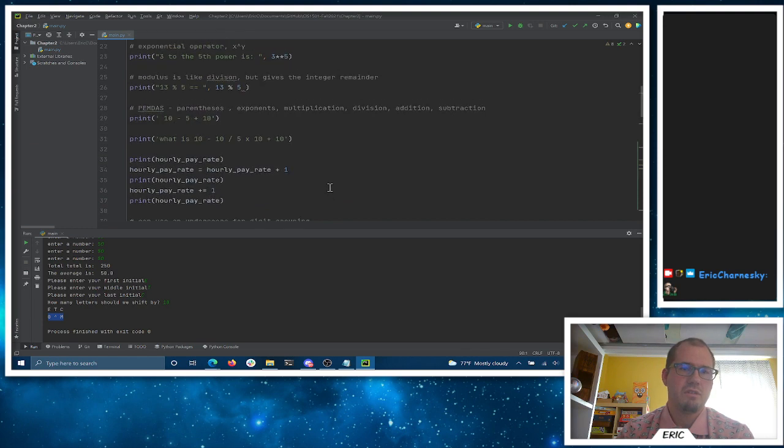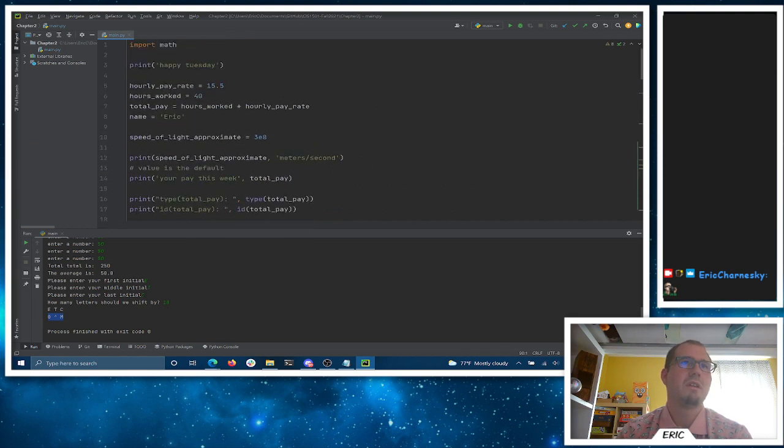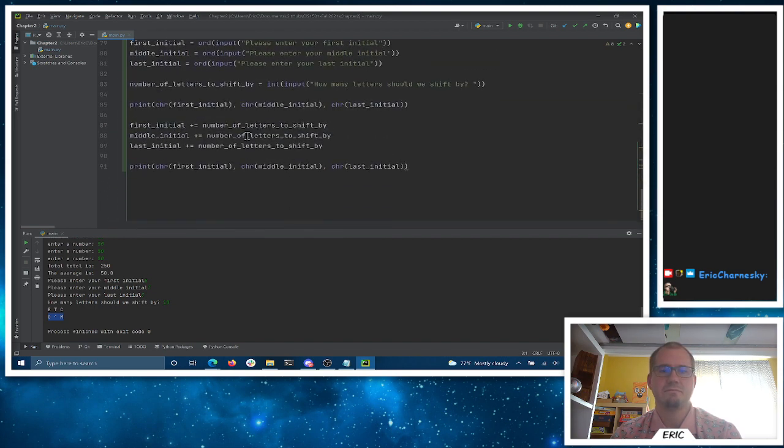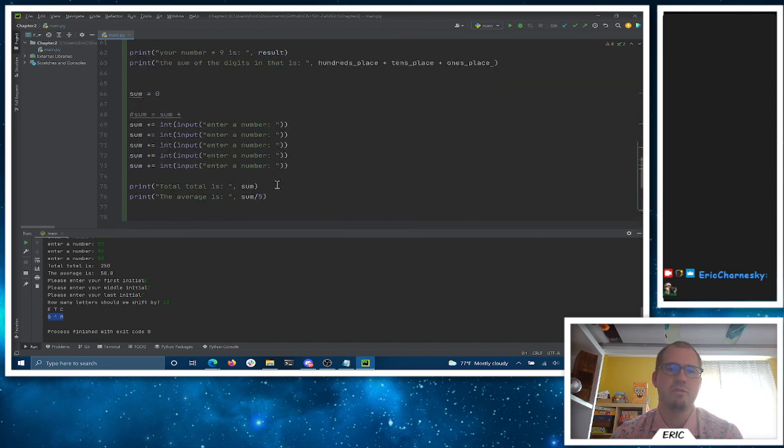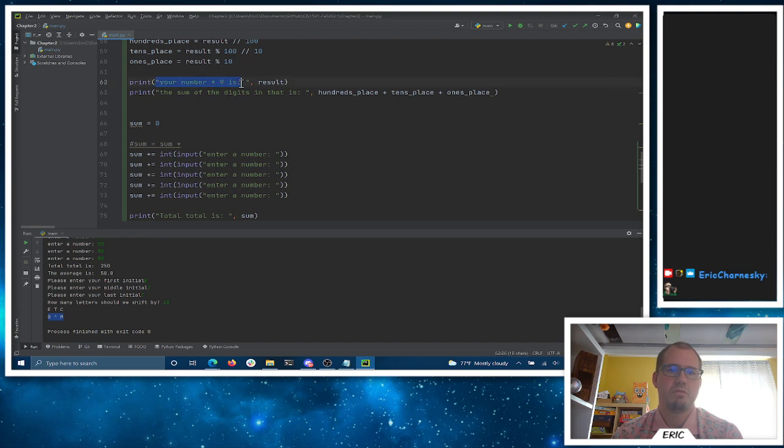Right. Other questions, other thoughts, concerns about Chapter 2? Again, we're still starting off a little bit slow, just trying to practice, hey, these are the different types that I can use. These are some basic expressions, some arithmetic expressions that work on numeric values. You can do it by characters, and that's kind of fun too. But with string input or string values, we're limited in what we can do for now. We'll learn more as we go. We'll get into a couple of basics next week on strings. We'll have some fun with those.